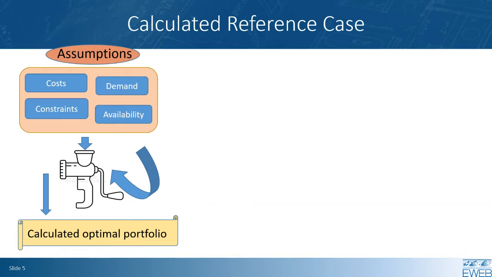One of the things we want to talk about is how much some of these assumptions might drive the results, move the needle on those results. Some are going to be more important than others, so we picked out a couple that we think are really key to look at. So how do we get the calculated reference case? We basically take our assumptions on cost, demand, constraints, and availability of resources. We put them into the Aurora machine and essentially we turn the crank and Aurora gives us something in 3 days. It's a calculated optimal portfolio, which in this case we're calling the calculated reference case.